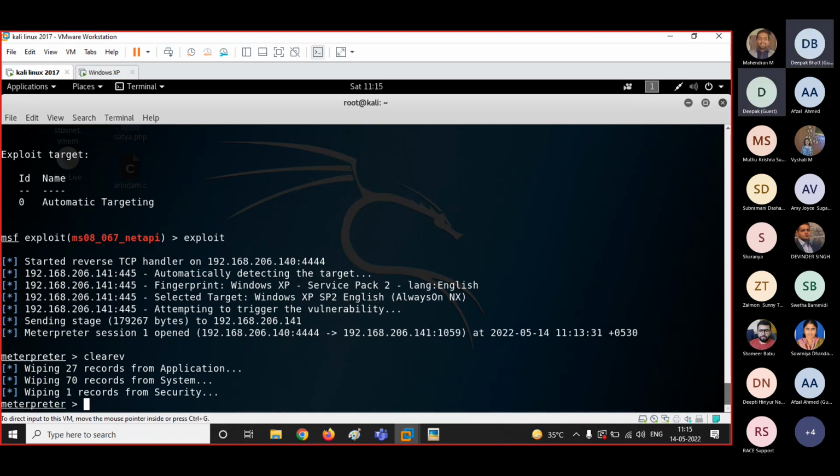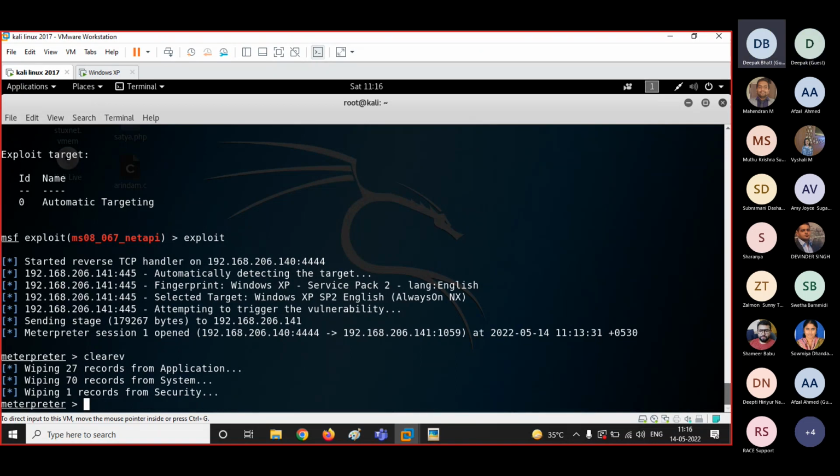Now guys, we cannot remove only our logs; instead we remove all the logs. Someone may say that's sort of a giveaway, you are hacking and removing the logs. But the ultimate goal is to not get caught.